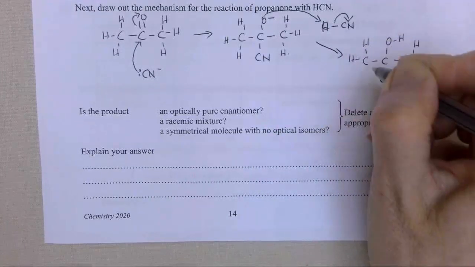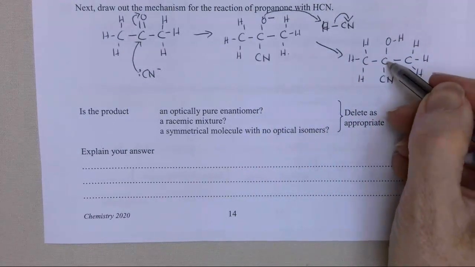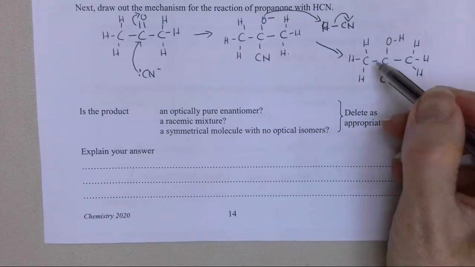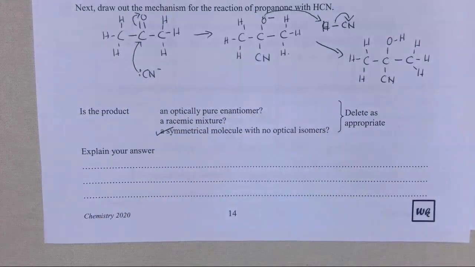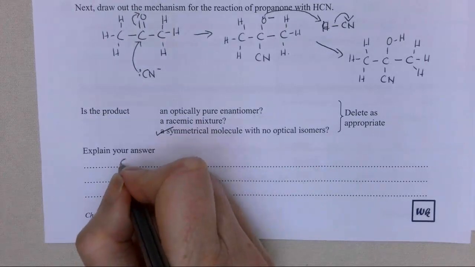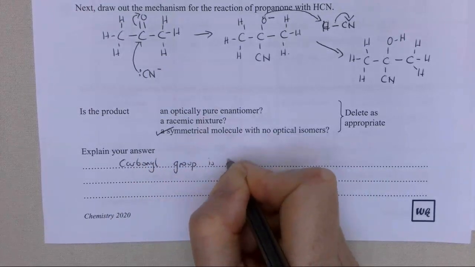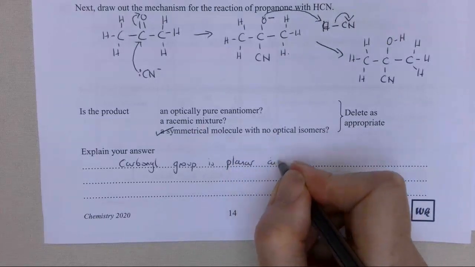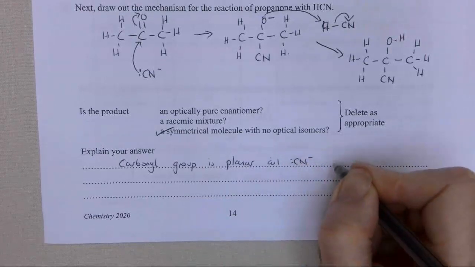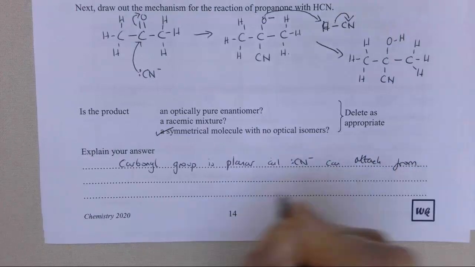And in this case, there is no chiral carbon. This carbon with the CN group is not chiral because you've got 2 groups which are the same, 2 CH3 groups. So the answer here is a symmetrical molecule with no optical isomers. Why? Again, the carbonyl group is planar, and CN can attack from opposite sides,